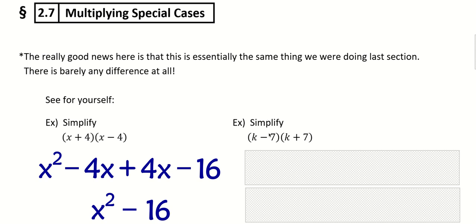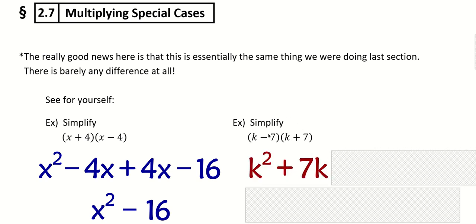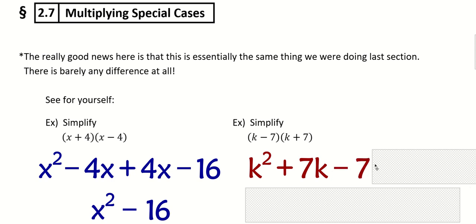Look here. Let's see what happens here. So k times k, and then k times 7, and then negative 7 times k, and then negative 7 times 7. Remember, you can call this FOIL when you're doing a binomial times a binomial. When you do this, it's the firsts, and then the outers, and then the inners, and then the lasts. FOIL, FOIL. Firsts, outers, inners, lasts. And then,